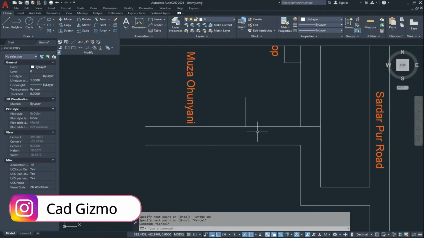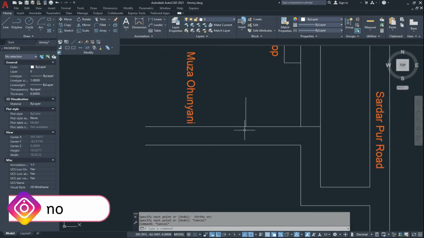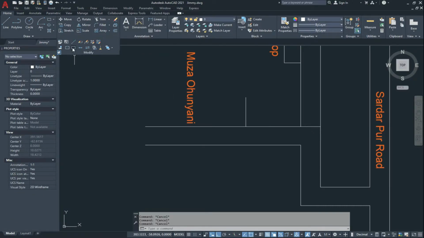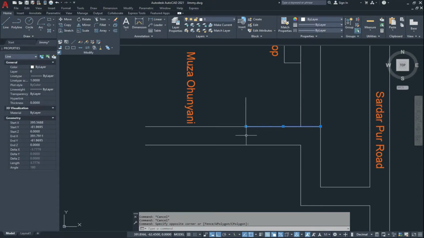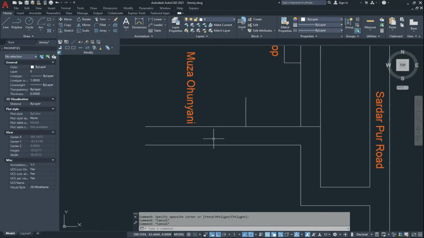If I want to break my line on this single point, for that click on this break at point and select this line. Now specify break point and click here. In this way it breaks our line on a specified point.